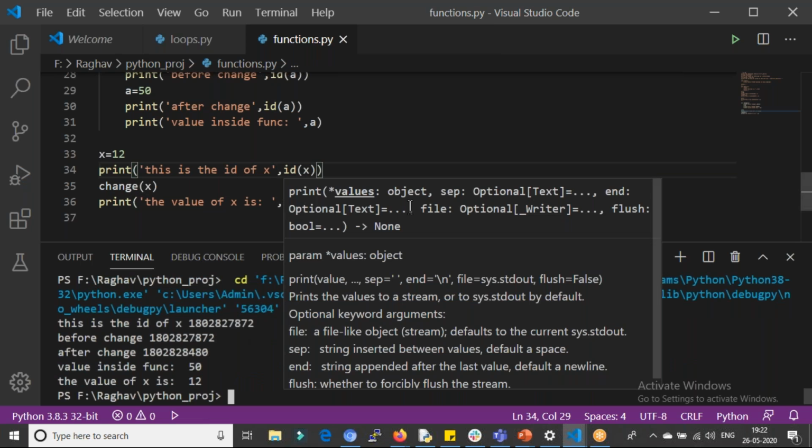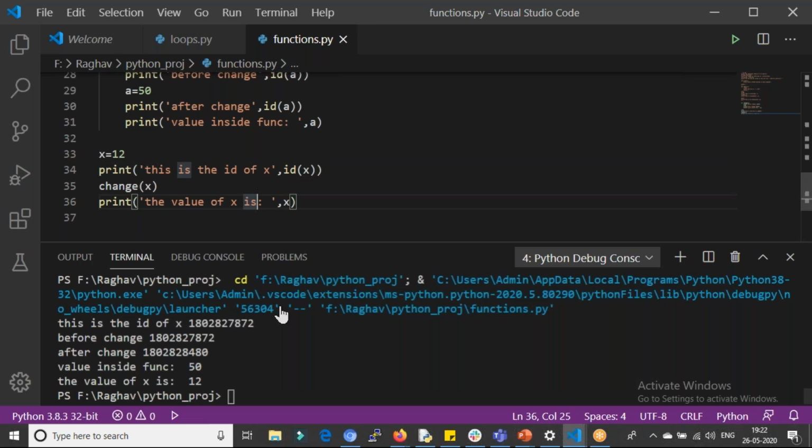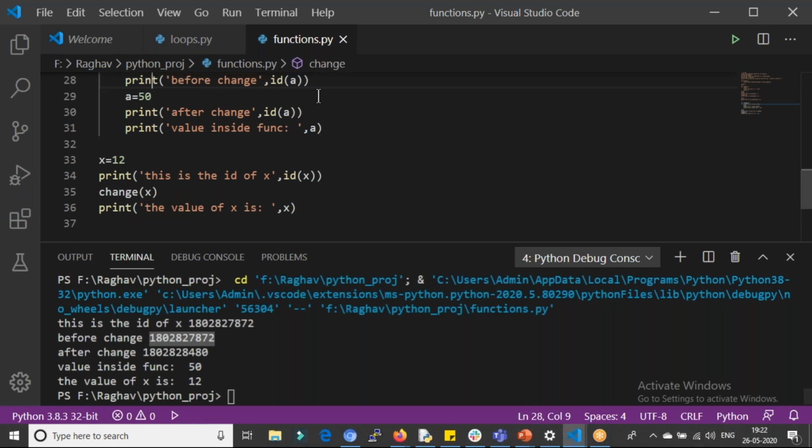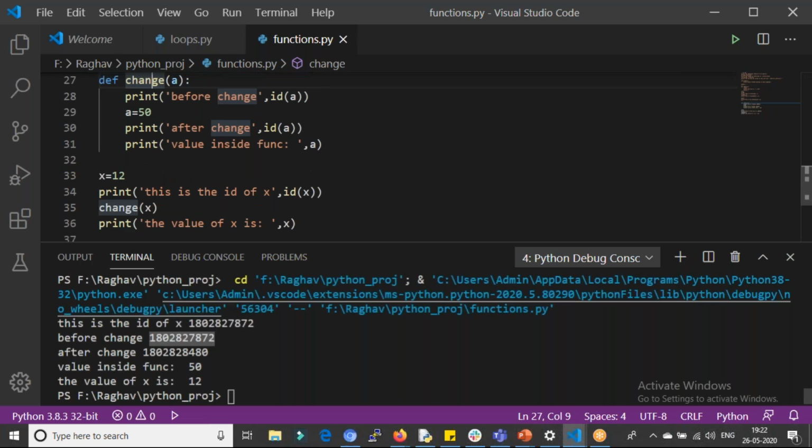So if you check it out right now, you can check the ID of x and the ID of a. See over here, I took the ID of a before the change. Before the change is implemented, both IDs are the same. So both locations are the same and the values are the same. But after I changed it, the ID has changed. Do you get me?